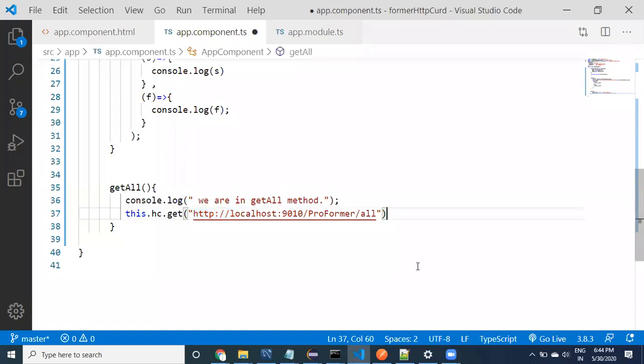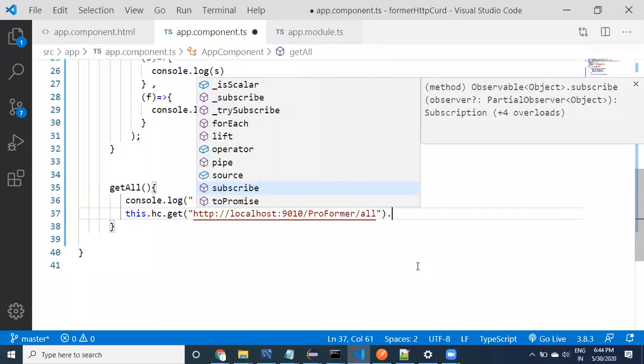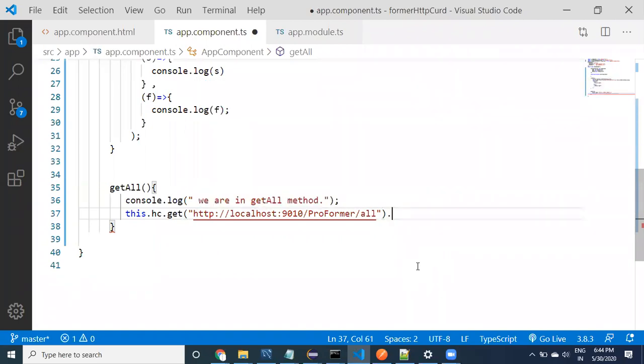Let's look at it, guys. Whenever you are calling the get method, it requires only this particular URL. Here you need to say subscribe. This subscribe method is going to take two parameters.